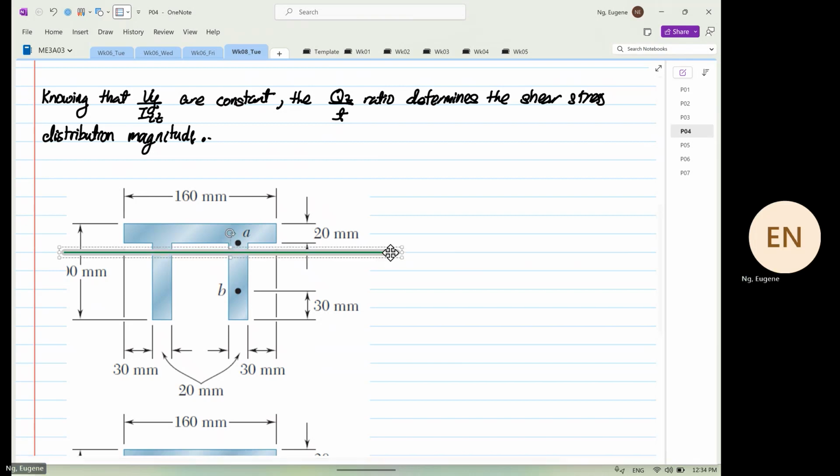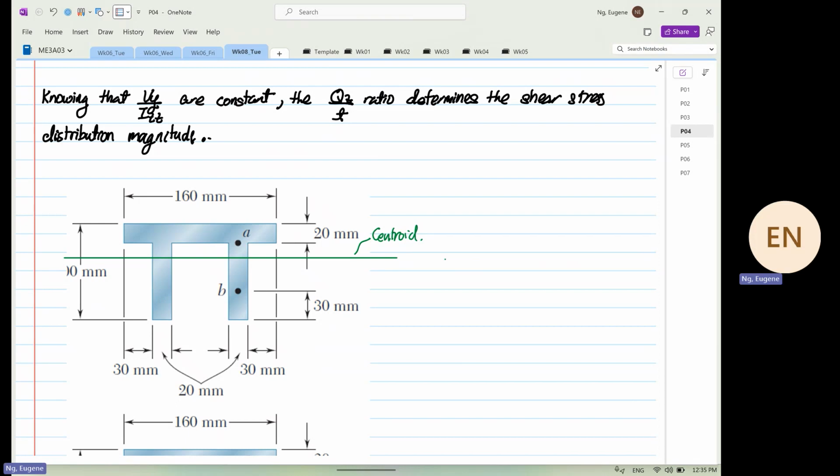Now, what if we want to find the shear stress at the centroid? Repeat again. What if now we want to find the shear stress at the centroid? Okay, there are 2 ways that we can do this. Because of the rules that we have set, we can do this in 2 ways. So I'm going to show you method number 1, and I'm going to show you method number 2. So method number 1